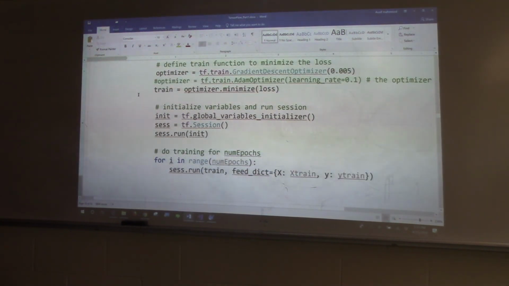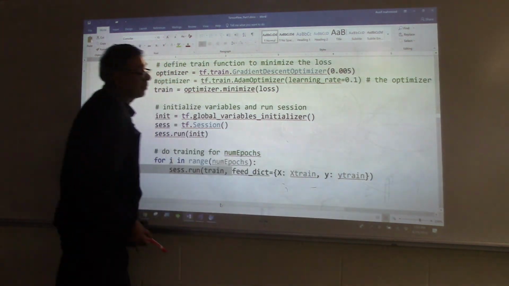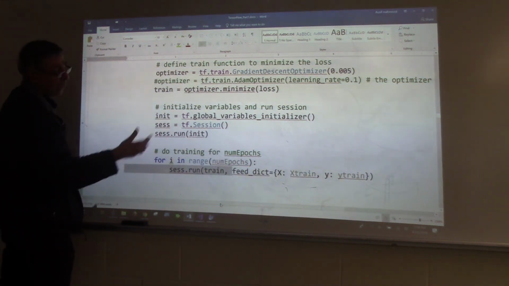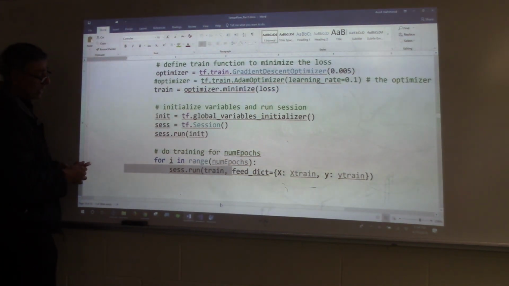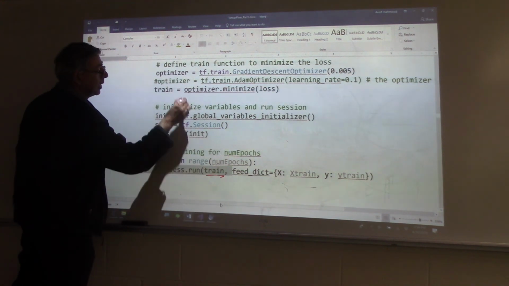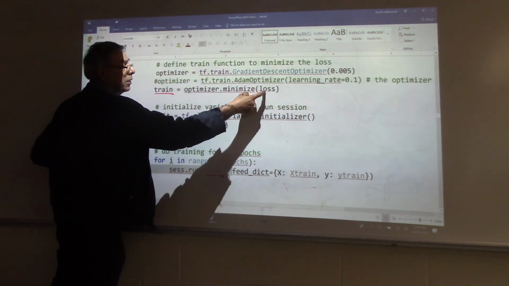Yeah, if you take a look at this statement, session.run train, we feed in some X data and expected output data, which is the whole 120 by 4 and 120 by 3. Then we are asking it to evaluate this expression over here, which is basically trying to minimize